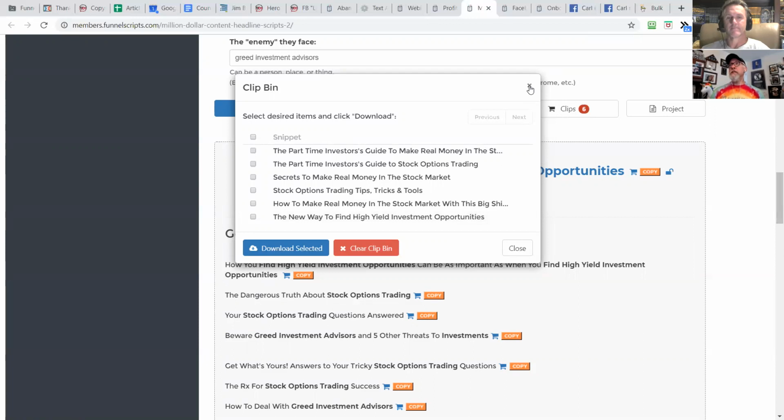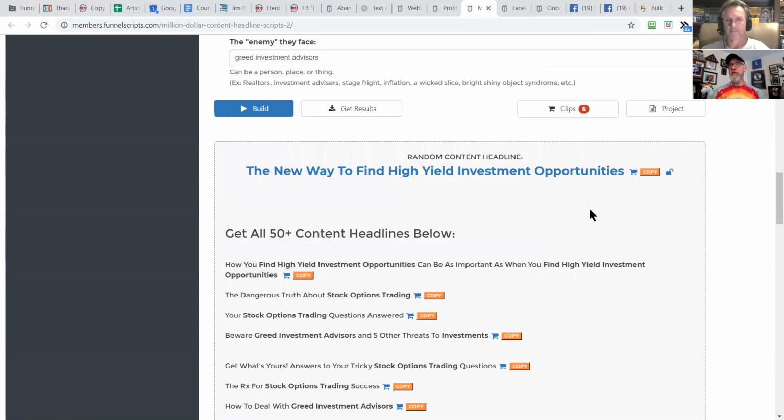So using these, you can see how mixing and matching can help you to not only create content headlines, but also create headlines for a book. And I'm a big proponent of headline and subheadline. Just as an example, if we look at Russell's books, I have right here,